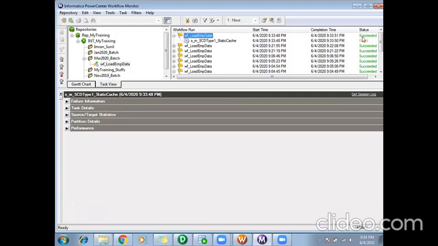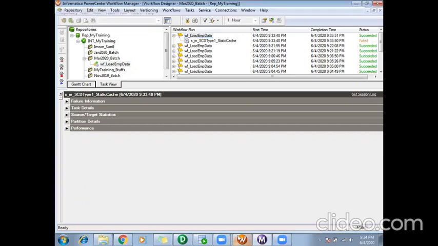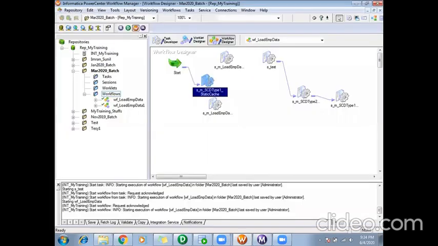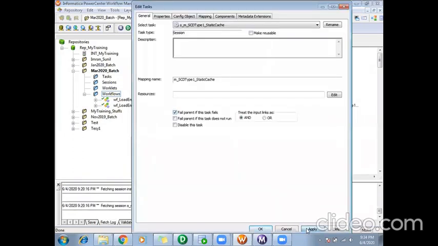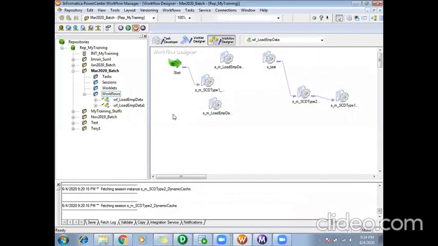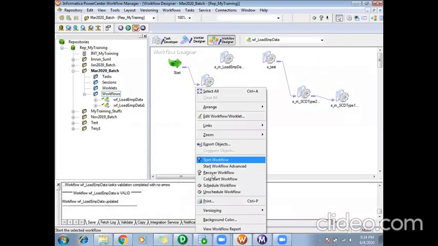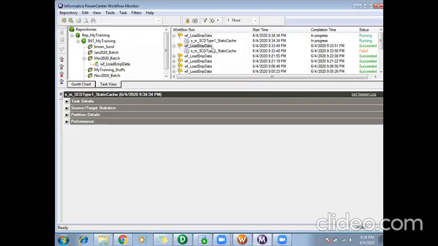My workflow is still succeeded. If you don't want this to happen, you need to make sure your workflow also fails when one of the sessions fails, and you can enable this property. That means one of the functionalities in your workflow didn't run, but still you are making your workflow succeeded. So now if I enable this property and run it,